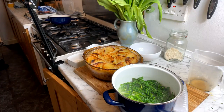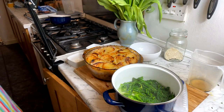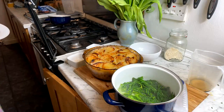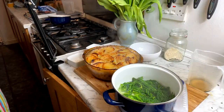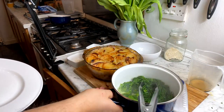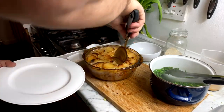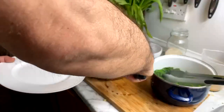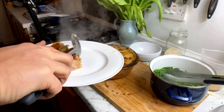Let me just get a plate, and we will show you what Lancashire Hotpot looks like. So, just get some cabbage as well. I'm running out of space here, as you can probably guess. I don't know how well you can see there, but basically it should be, if you've done a reasonable job,